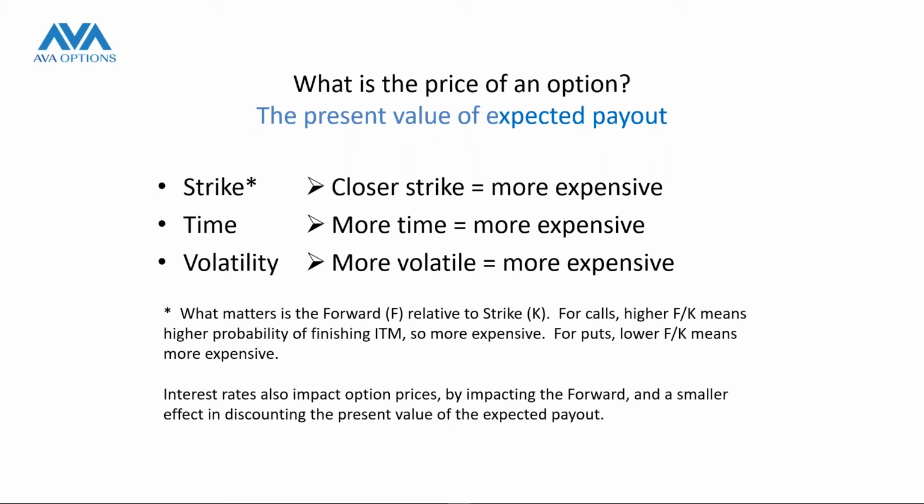And volatility. As we showed, the more volatile an asset, which is similar to time, the more expensive an option will be. Insurance for a good driver is cheaper than insurance for a poor driver. Insurance for me is much cheaper than insurance for my 18-year-old son. Right? So the strike, or where is the right to buy, is one determinant. Time is another, and volatility is the third. These are what drive the pricing of an option.